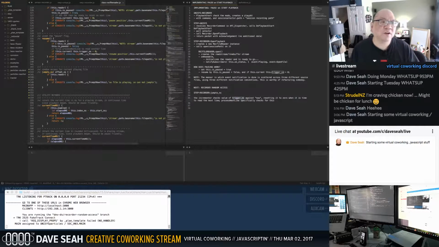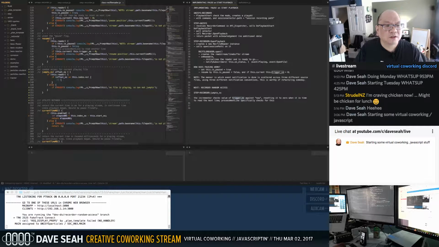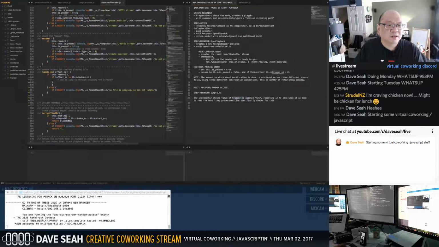So if the reader is a valid reader, we need to check the time against the index. If offset ns is greater than this index ns, or greater than or equal, then we can effectively do a jump to. We can do jump to through slipping the streamer. Else,